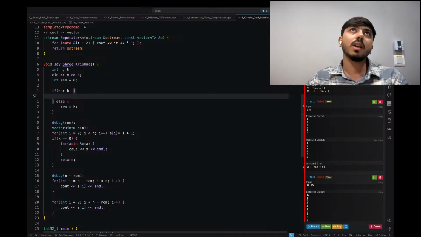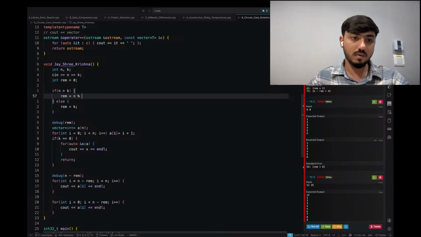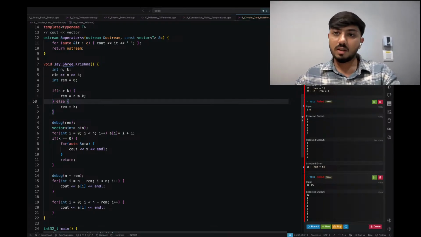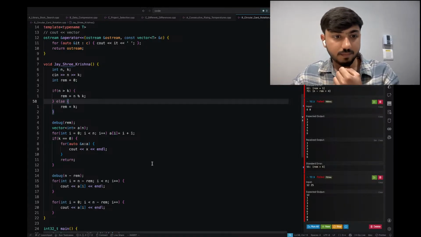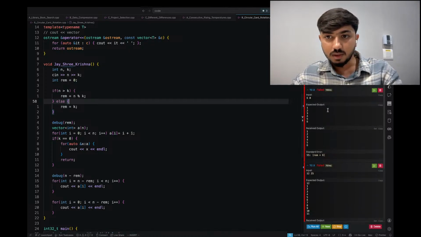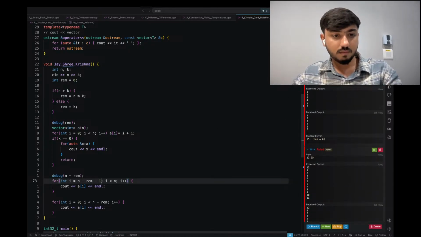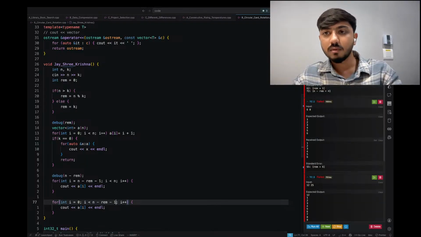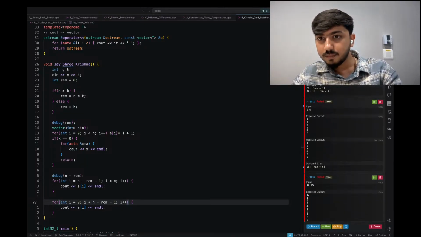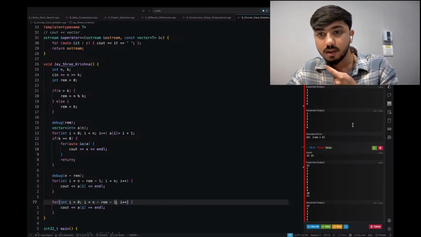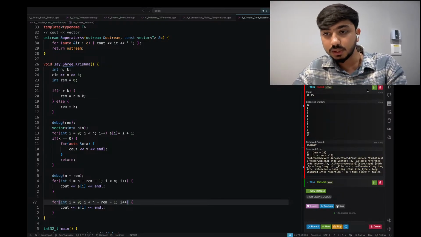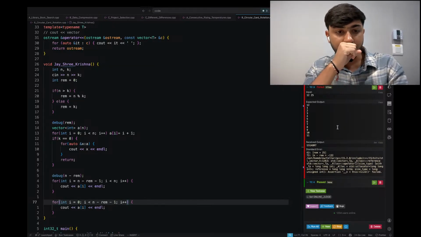Hmm. If n mod k, then remainder is simply equal to n mod k. This should work. Yeah, this is working. What else? This is working. Cool. And here we messed up. What we did is,